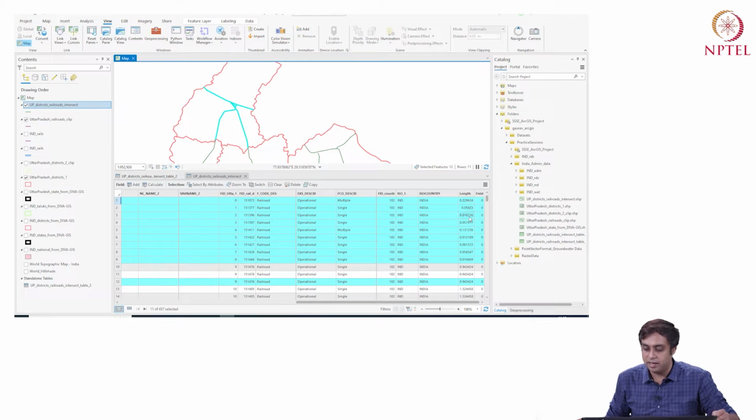So if I were to sum the length of all the selected portions, the 11 selected rows, then I will have the length of railroad lines in the Saharanpur district in UP.